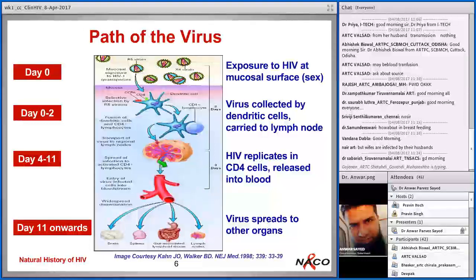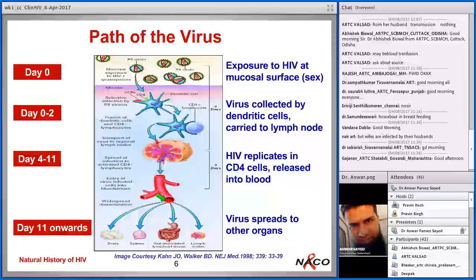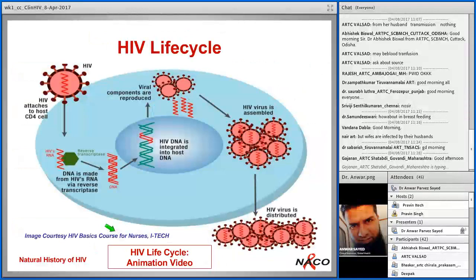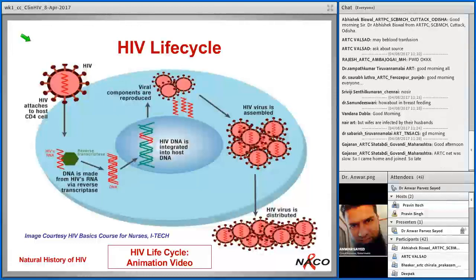But when this exponential multiplication happens, a huge viral load, or amount of virus, is released into the bloodstream, and within 5 to 11 days HIV will reach all parts of the body. Now this diagram is very important, not only for understanding the life cycle of HIV, but also for understanding the action of antiretroviral drugs. We'll repeat this in the next session on ART, but for now let's try to understand the life cycle